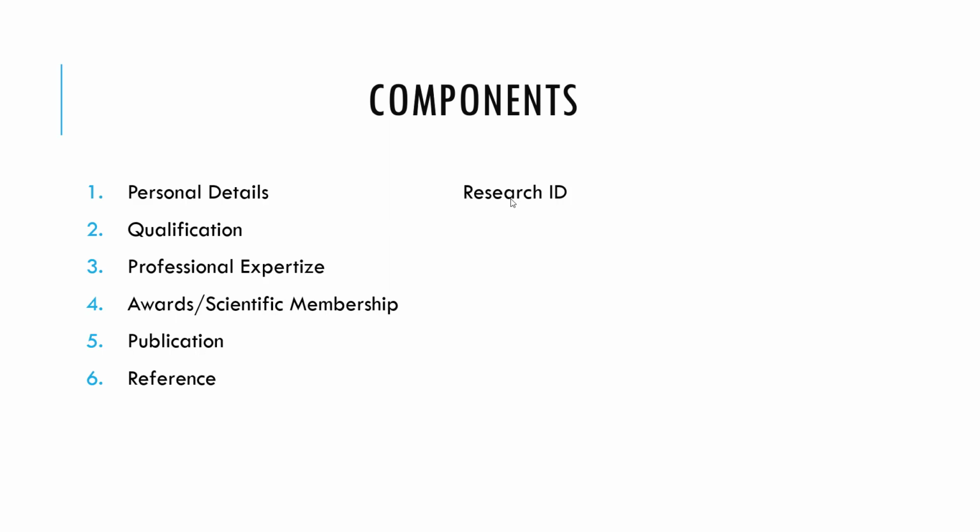Now coming to the professional expertise, the area where you have expertise. Suppose you are in the engineering field, in civil engineering, working on rock mechanics. You must mention your professional expertise, for example if you are working on tunneling, underground space technology, railway track design, or soil mechanics. Mention your specific expertise in your particular topic, and that will make more impact on your CV.